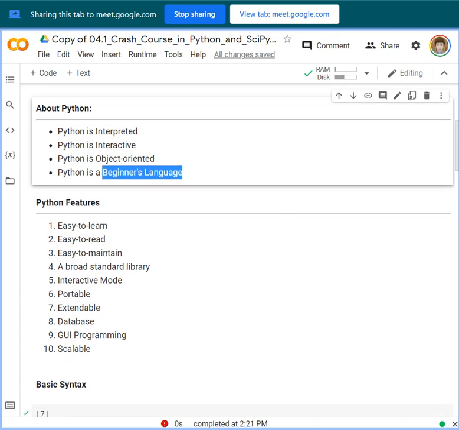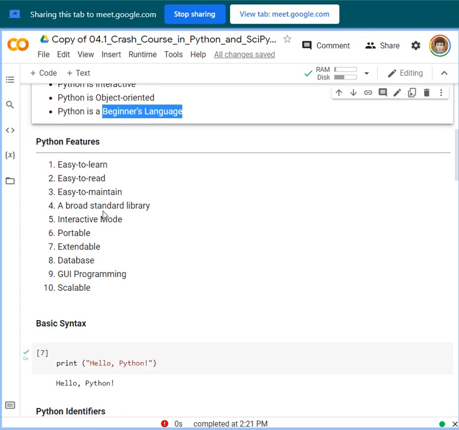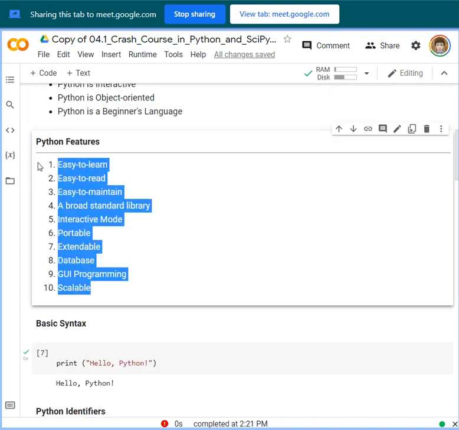All right, so these are the features we see when we use the Python language. It is easy to learn because it has a few keywords and simple structures, and the syntax is clearly defined.